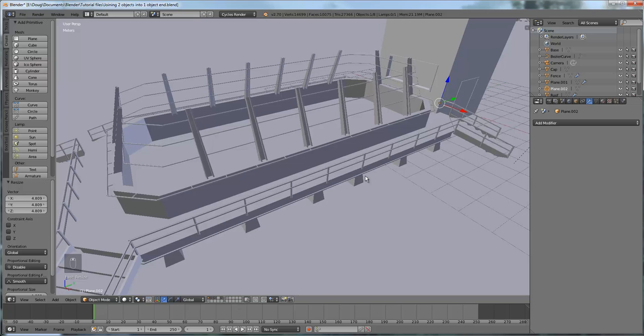Now, I'm going to put a couple of materials in. Here we are at 15 minutes, so we'll do 15 minutes worth of texturing and see what we can do. What we're going to do is put some metal textures on these. We're going to make that look like metal, and these bars along here and that rail along there, that's going